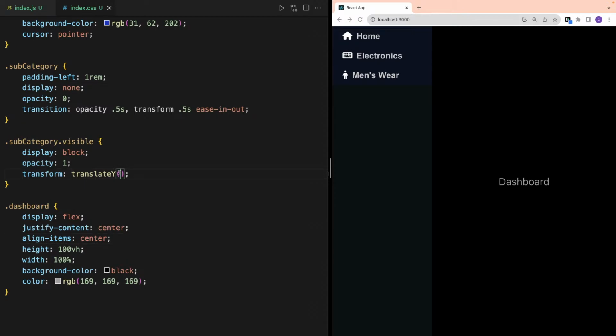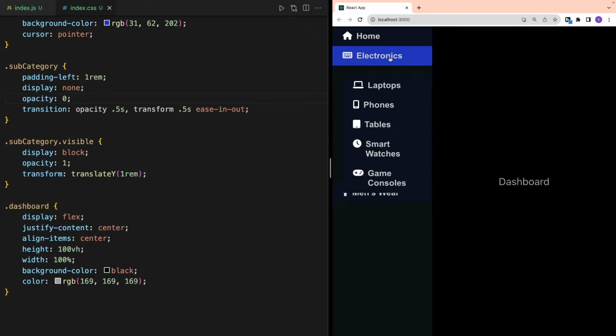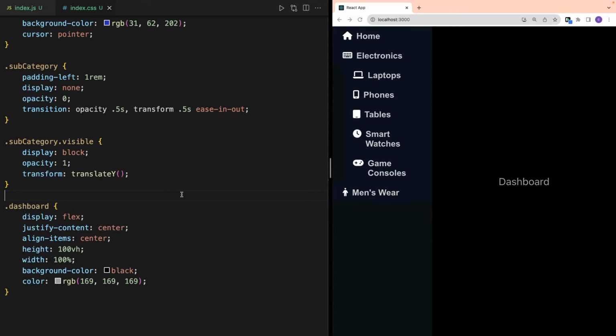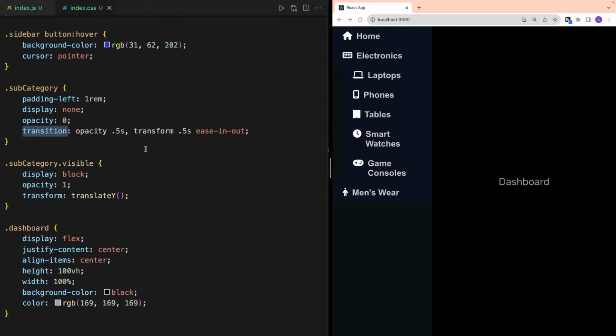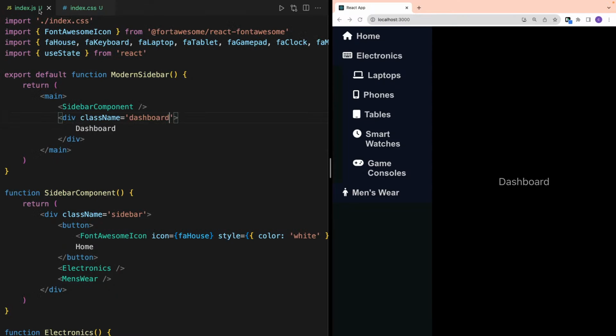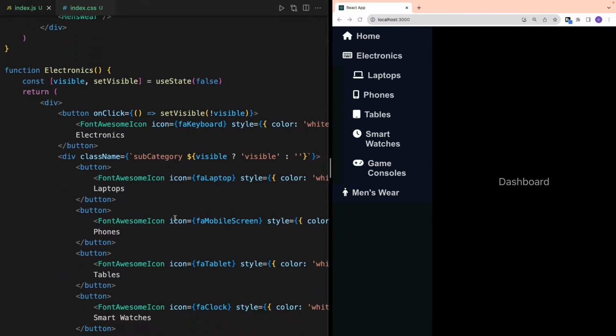Let's try to give it a transform of 1 rem. It's not working. Our visible class,